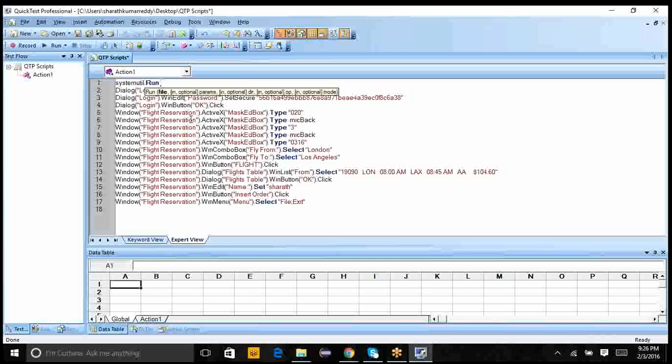when you started recording, what is your step one, guys? Step one is you went to the search box of the Windows menu, correct? But if you observe the test script very keenly, you won't see that step at all. Directly, at the second line, it is showing Dialog("Login").WinEdit("Agent Name").Set "Sharath".